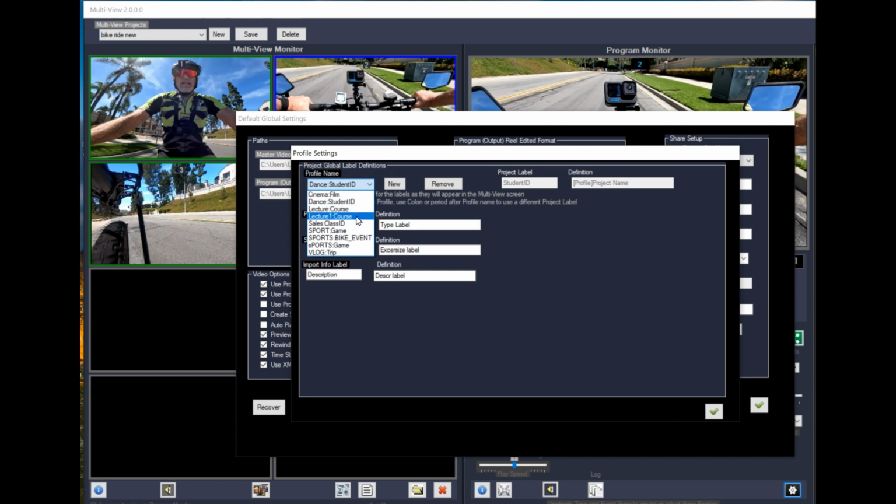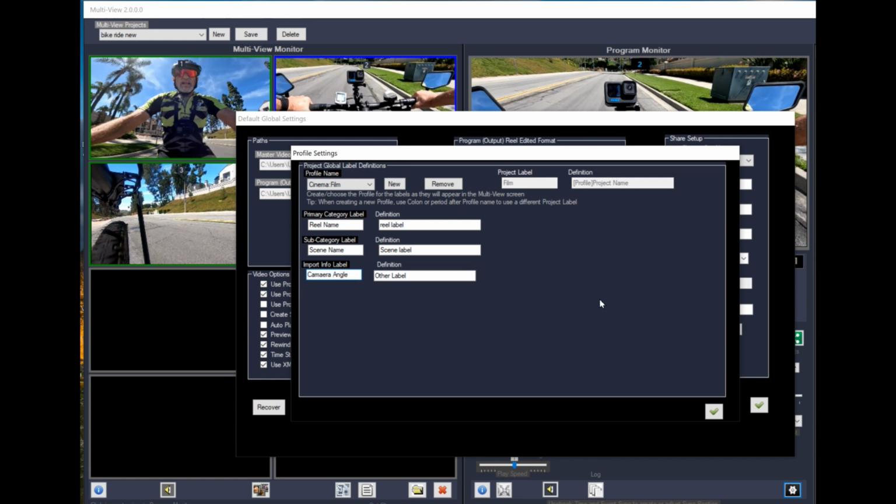Let's say I'm doing a small film. Well, obviously the name of the project would be the film name, so it would ask me the project, what is the film name, and then the primary category might be a reel, and then within each reel you might have various scenes, and then perhaps the import information might be other information about the film, or in this case maybe what I really want to know is the camera angle. So I put camera angle,